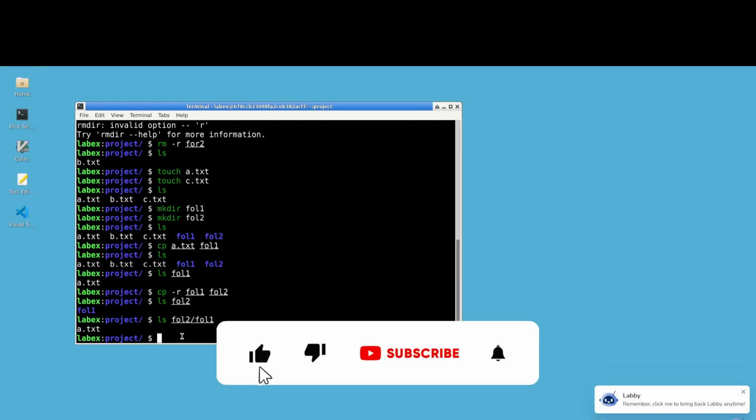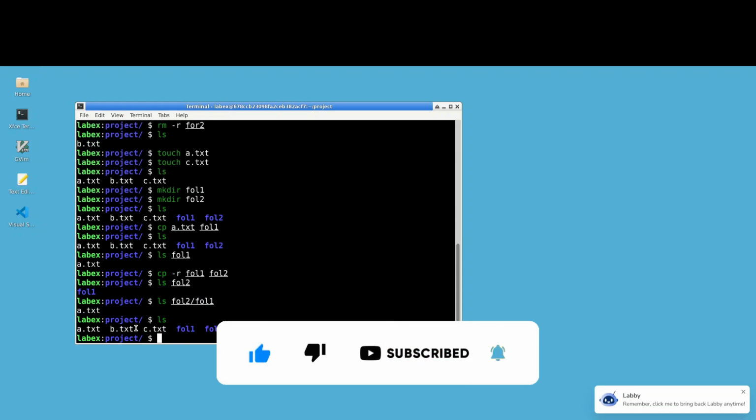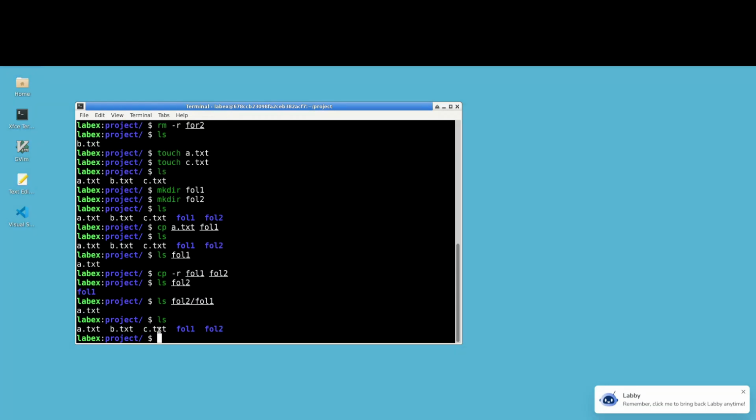Okay, so in this, consider let's run ls again. Okay, a.txt, b.txt, c.txt, so three files are there. We want to move this file from here to, consider, folder 2. Okay, so move means it will cut from here and paste inside folder 2. So for that we use move